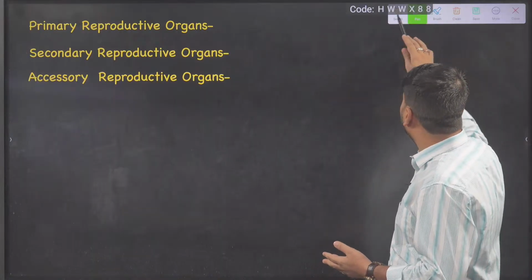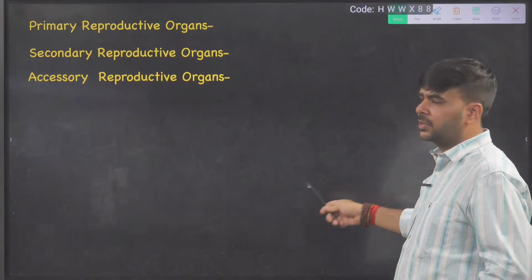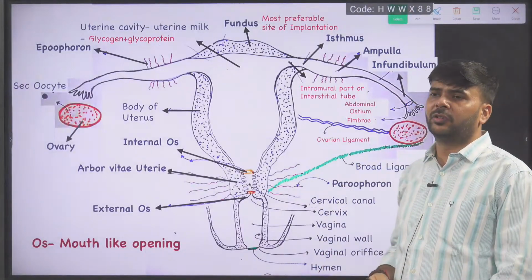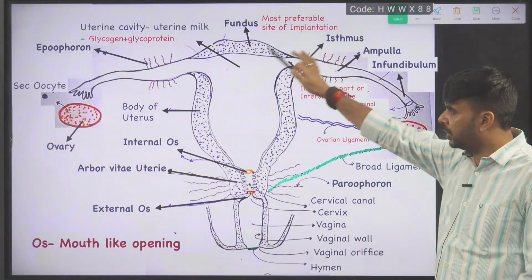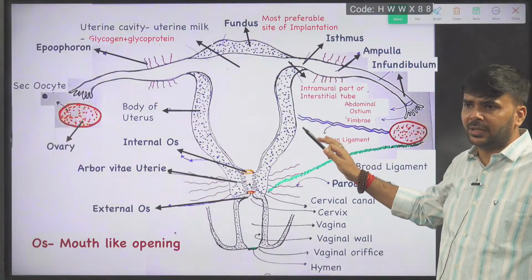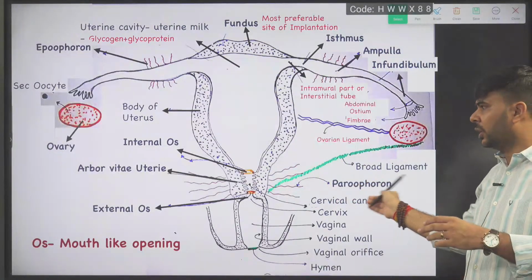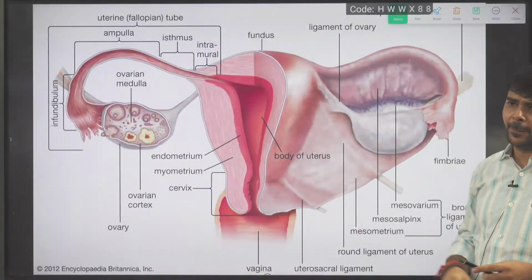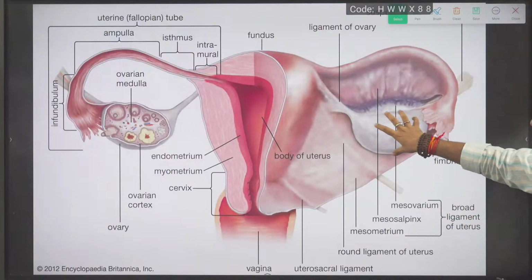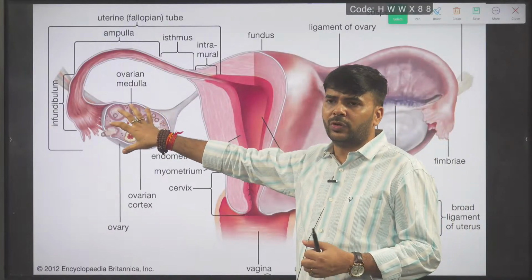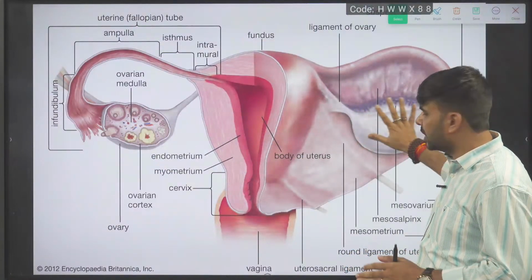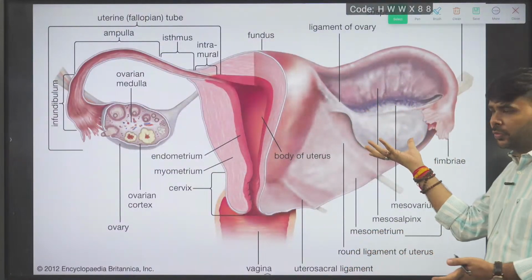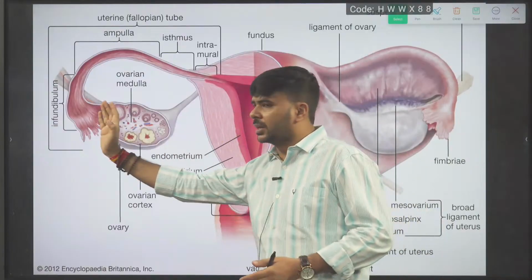Now I'm going to explain the anatomy of these organs. You can refer to the anatomy here. Here you can see the ovary and fallopian tube. The labelings here are very critical, or you can say advanced. You can use this simple diagram also. Here you can see the ovary. How many ovaries? Two ovaries. Here one is the compact, complete ovary, and here is a cut section of the ovary.